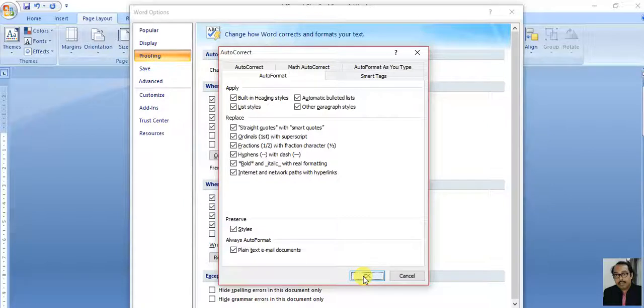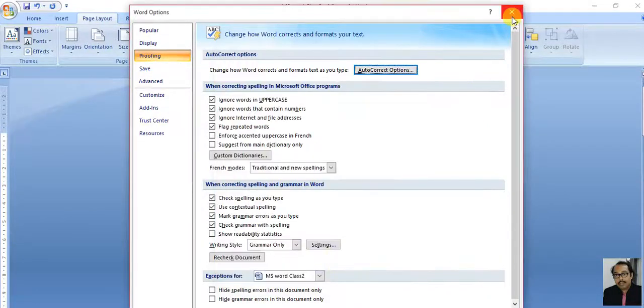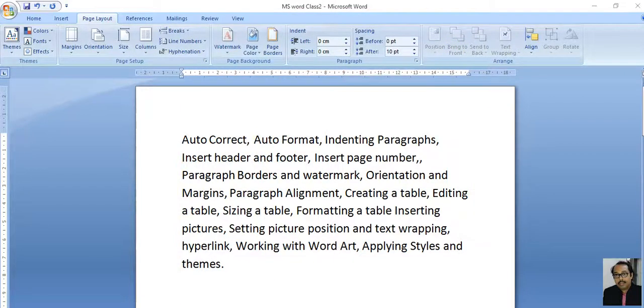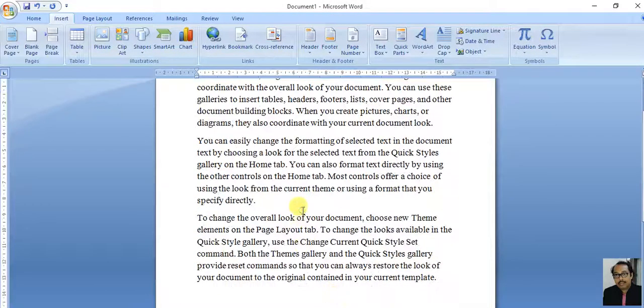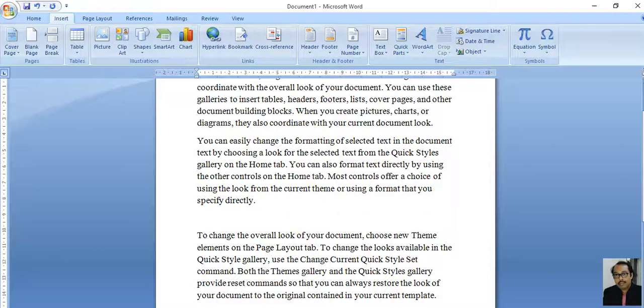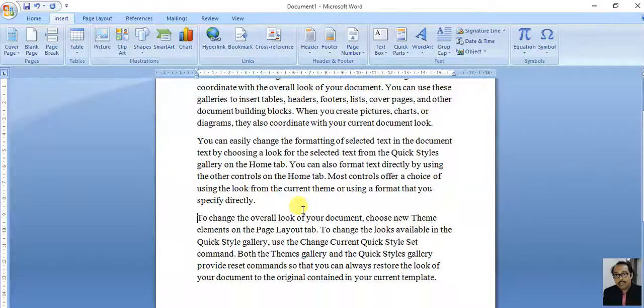So this is called auto format. I'm just showing you one. See, I'm writing dash dash. What happens? I need to go to a new line. Say give dash dash, again the same problem.